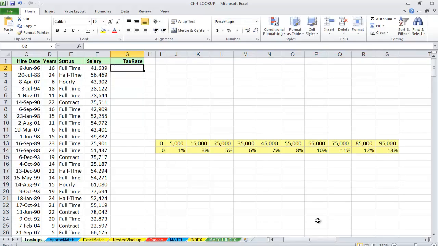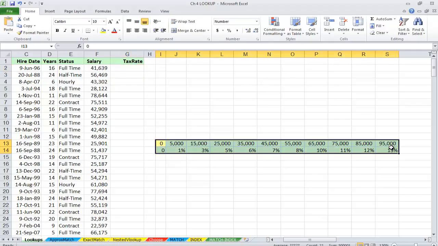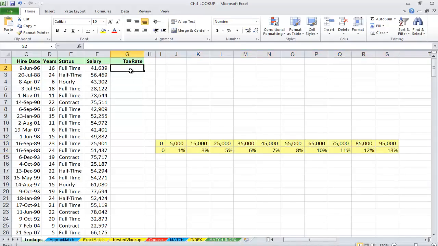First, make sure the horizontal table is sorted in ascending mode. Then go to the first cell in the list that you want to calculate the lookup. Start typing